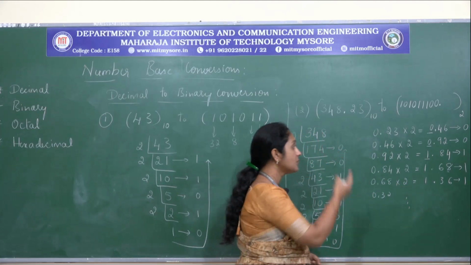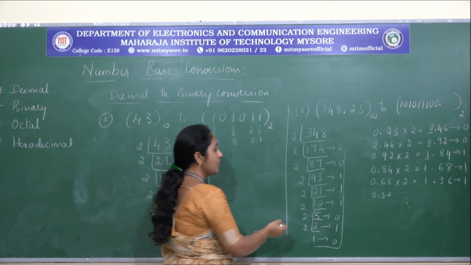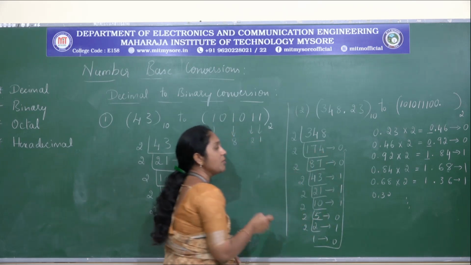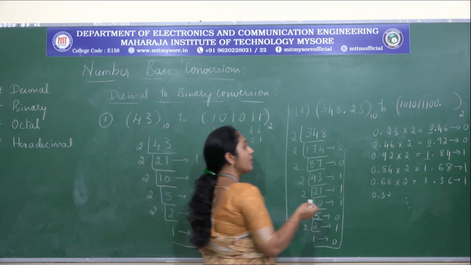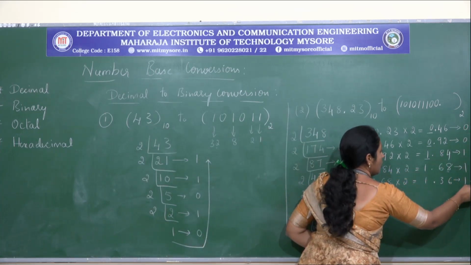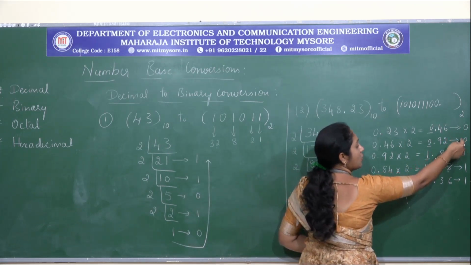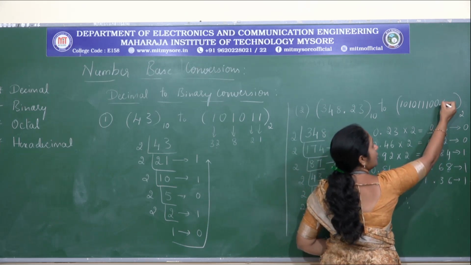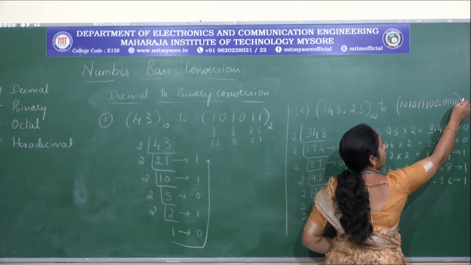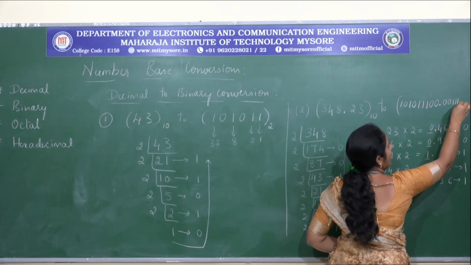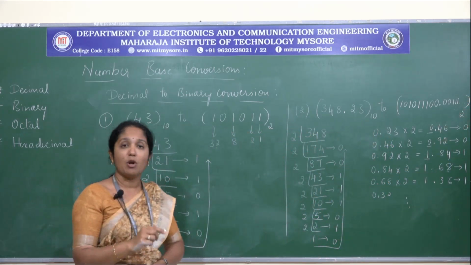Now we need to understand how to write the fractional part of the number, because here if you observe we have read the numbers from bottom to top there, so it will be the reverse of it, that is we are going to read from top to bottom. So you need to express the fractional part, starting from 0. Observe how I am going to write 0, 0, 1, 1, 1, and you need to put etc. here,